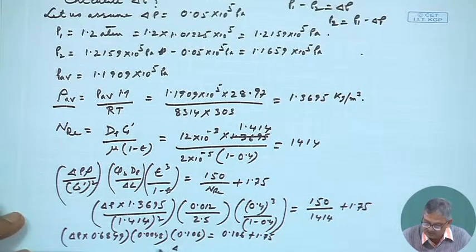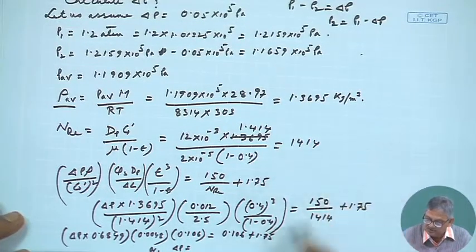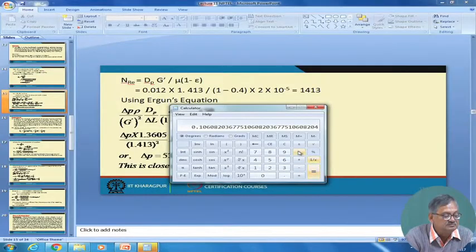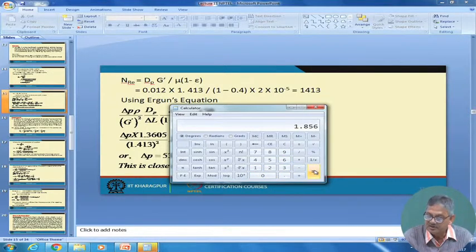So this is equals to 1.75 plus 0.106 is equals to 1.856, 1.856, right? So then delta P becomes equals to 1.856 divided by